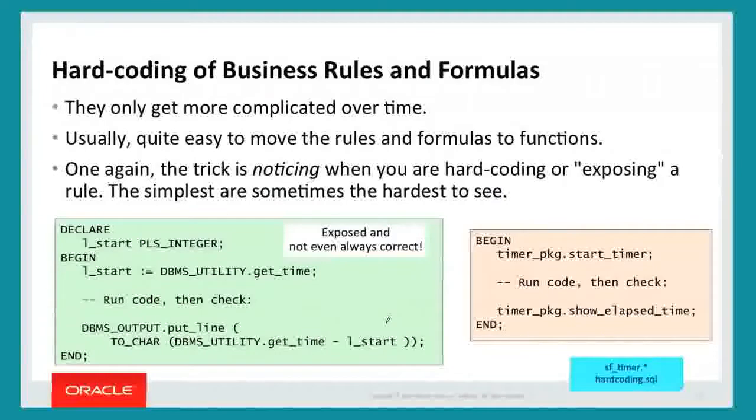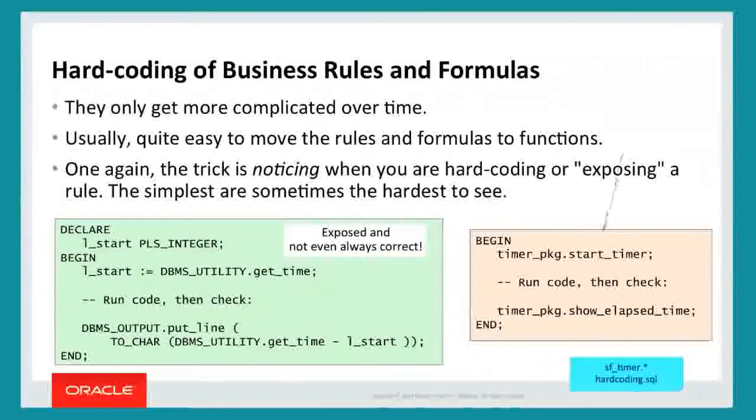That's a very simple formula. And you could write scripts like this, utilizing this functionality, to build a number of test scripts. I suggest you do not do that. You're exposing the rule, n minus start. Oh, but it's so simple. It's never going to change. Yeah, but maybe it's not even correct.